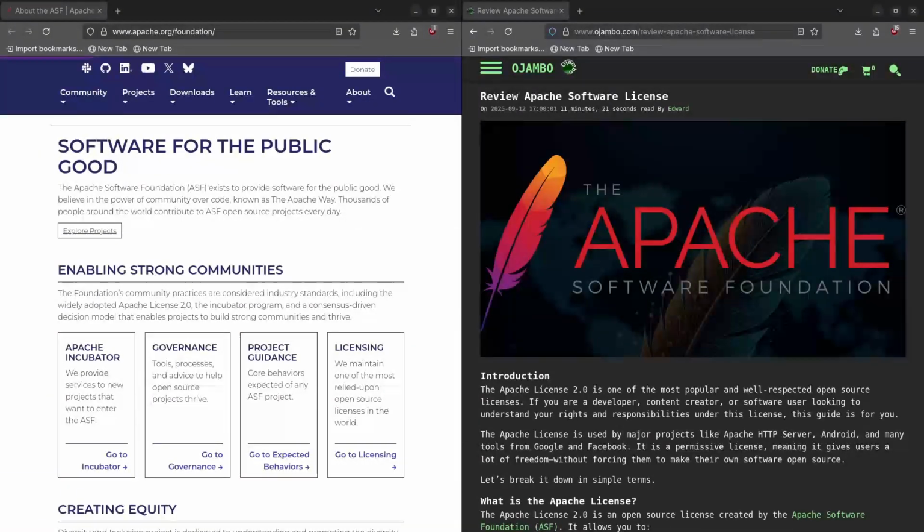Today I'm going to review the Apache software license. Specifically, it's actually Apache License 2.0. It's a very popular and well-respected open source license. If you're a developer, content creator, or software user looking to understand your rights and responsibilities under this license, this